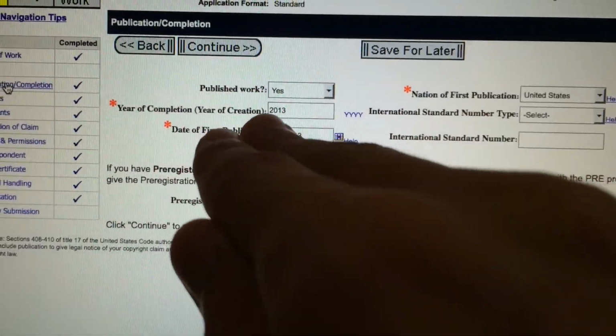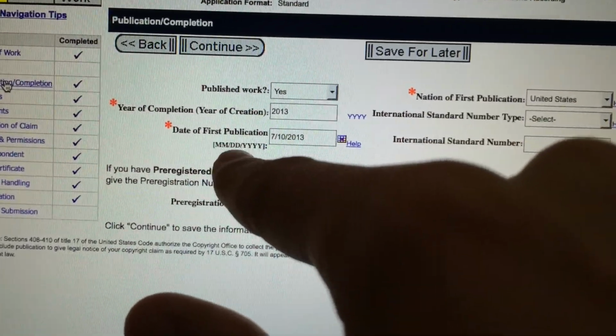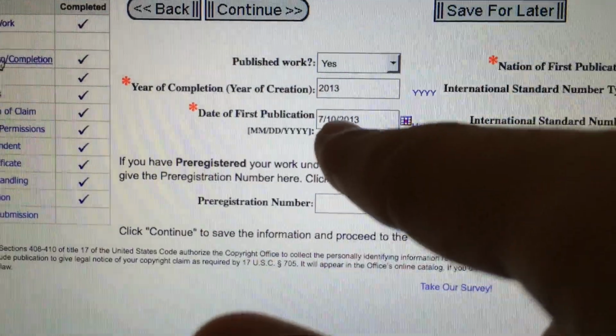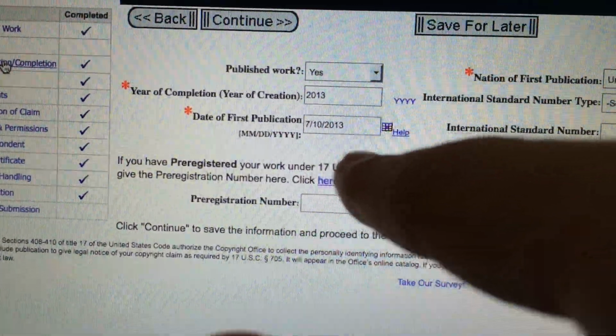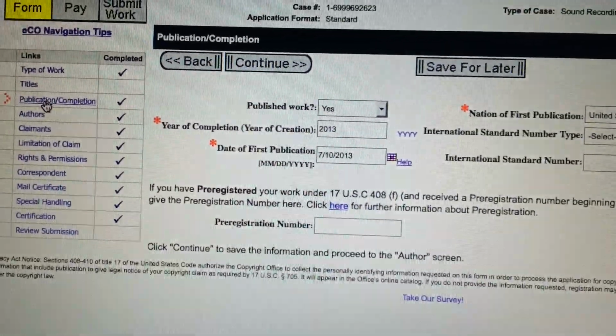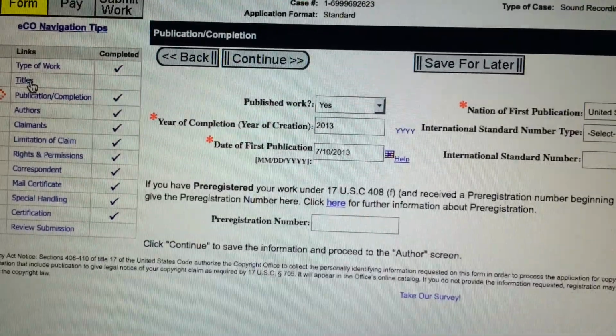Nation of first publication, that's self-explanatory, and date of first publication. So this is the official drop date of the album. And then after that,